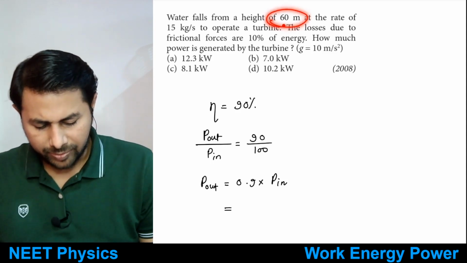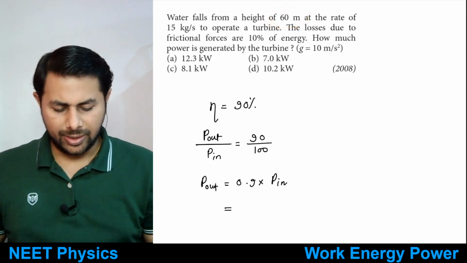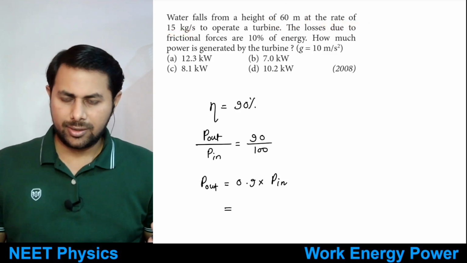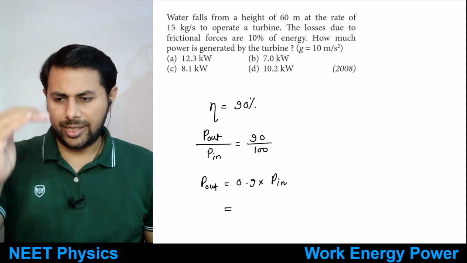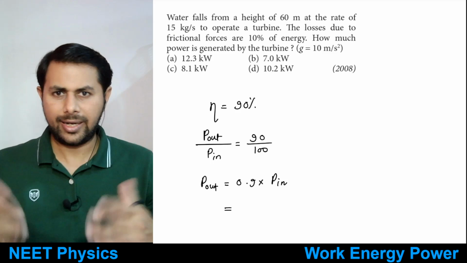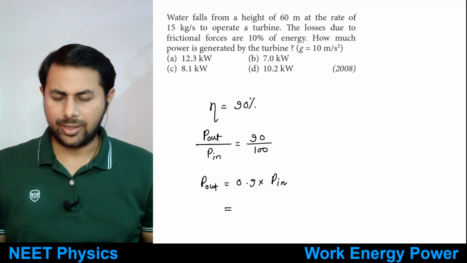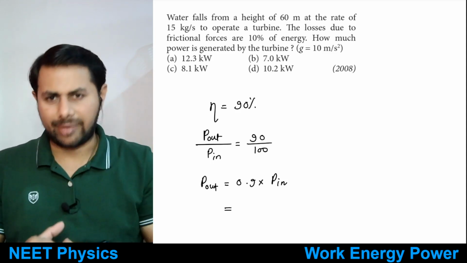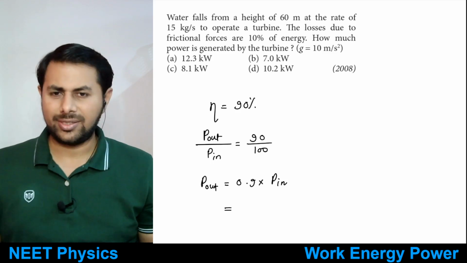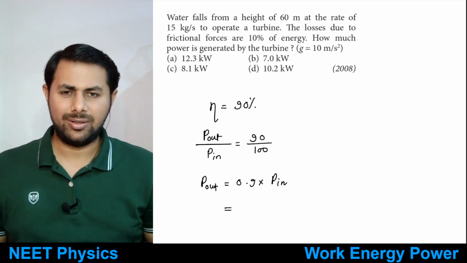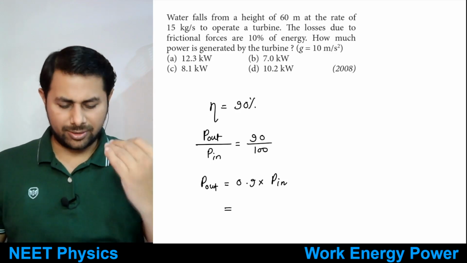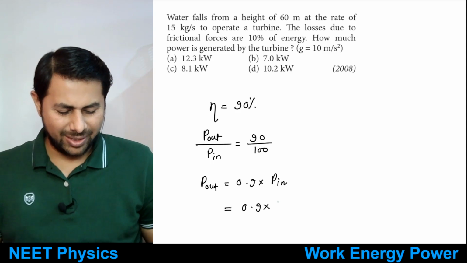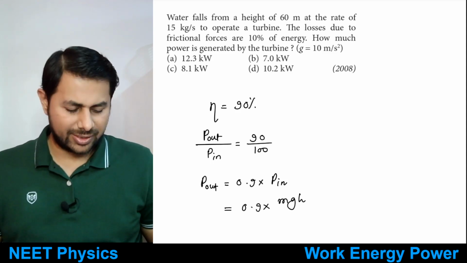So water falls from a height of 60 meters at the rate of 15 kgs per second, right? So the change in potential energy is equal to the gain in kinetic energy. Water falls with some velocity, meaning it is giving its kinetic energy to the turbine. It's giving its kinetic energy, which comes from what? The height from which it is dropped. So that is 0.9 multiplied by, since you want power, mgh divided by